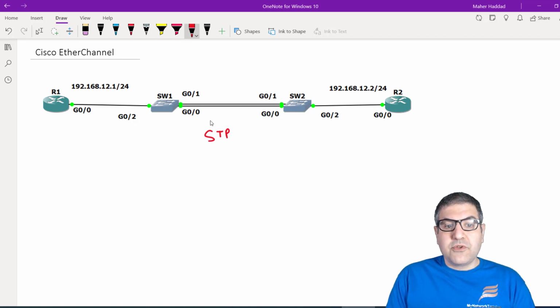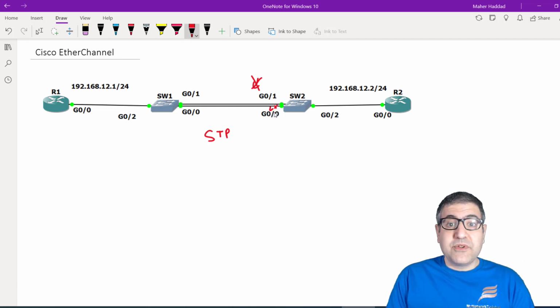What the spanning tree protocol will do is check that there is some redundancy here, so it will end up blocking one of the ports. For example, say that it will block this port. Then all the traffic from router 1 to router 2 and vice versa will go only through the gigabit 0/1 link, because the other link is blocked. Once this link goes down, the blocked one will go up again and traffic will go from there. This is the rapid spanning tree, and normally this happens automatically